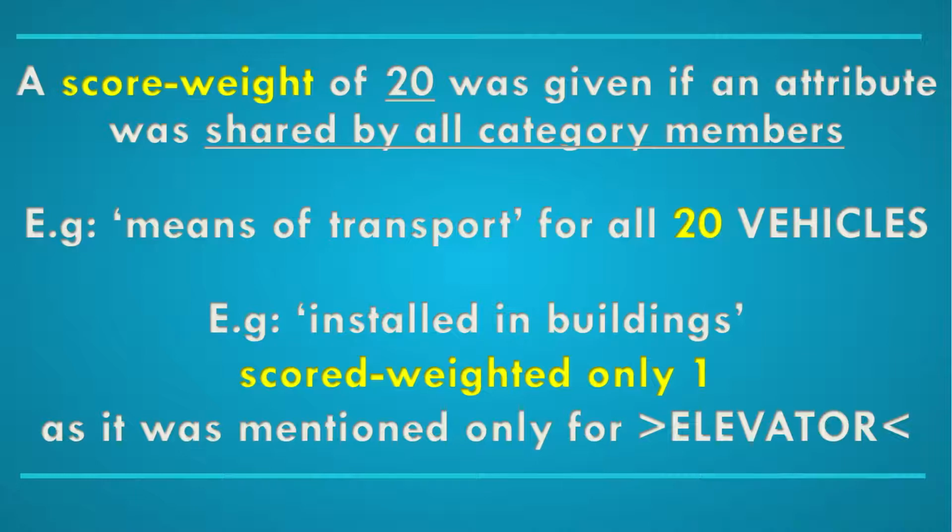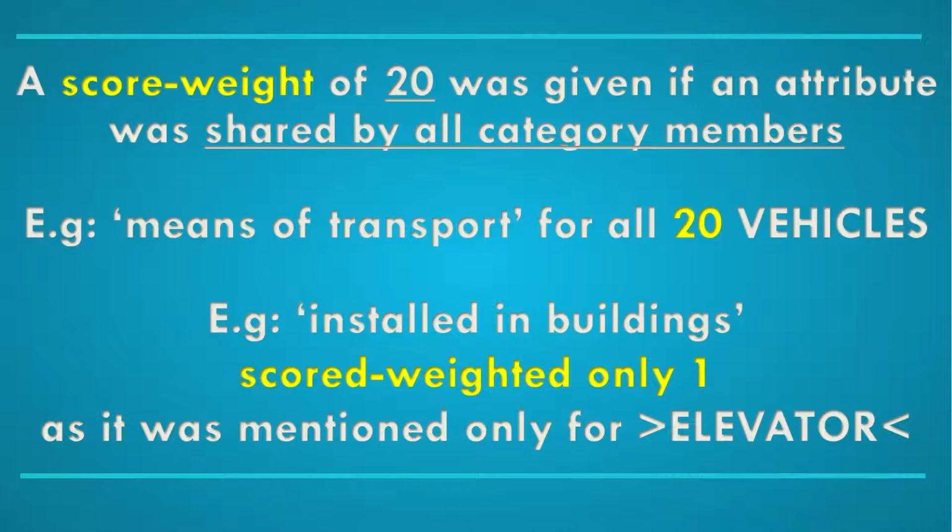A score or a weight, whichever way you prefer to call it, of 20 was given to an item if an attribute was shared by all category members. That is to say, if a certain attribute was present in the 20 items of one category, then the weight of that attribute would be 20. Example, in the category vehicles, all 20 items or exemplars of vehicles were described by the participants as means of transport. So the attribute of means of transport has a very heavy weight, a very high score in this experiment for vehicles. In the other extreme,